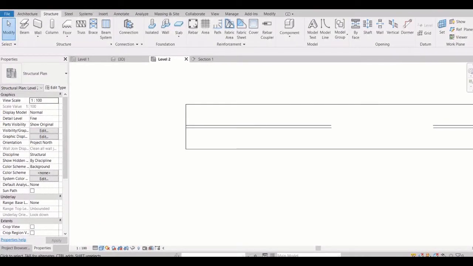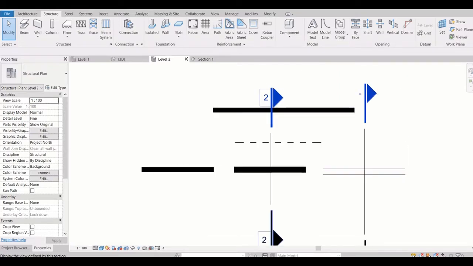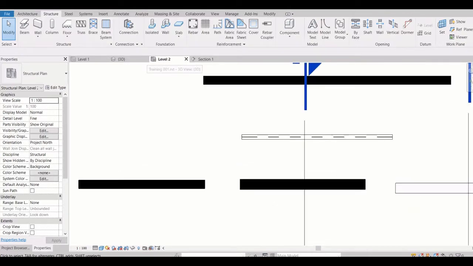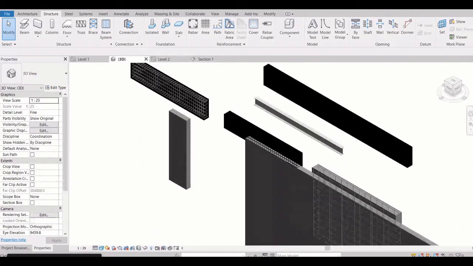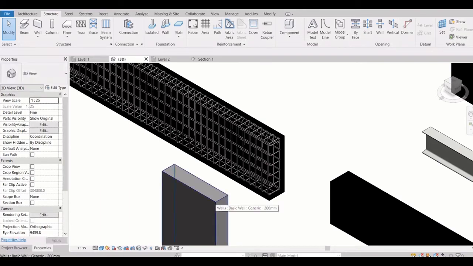Okay, and if you do shadow, it will create a shade, right?